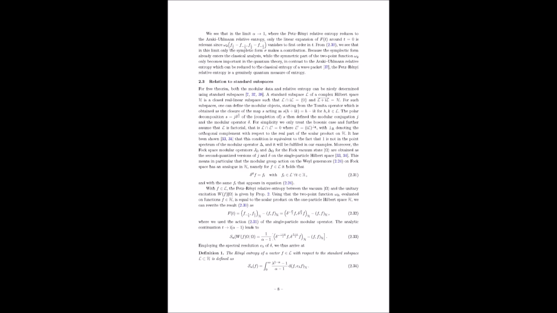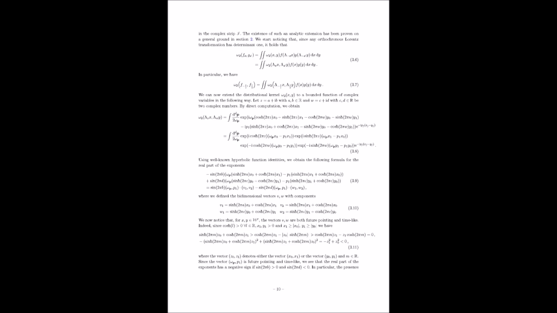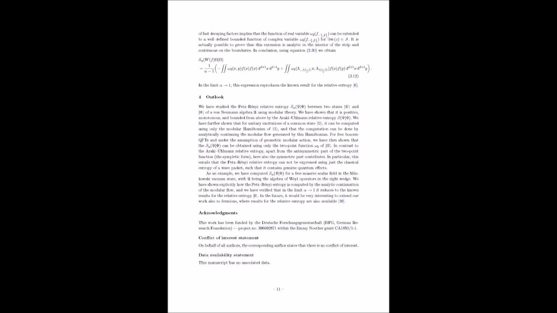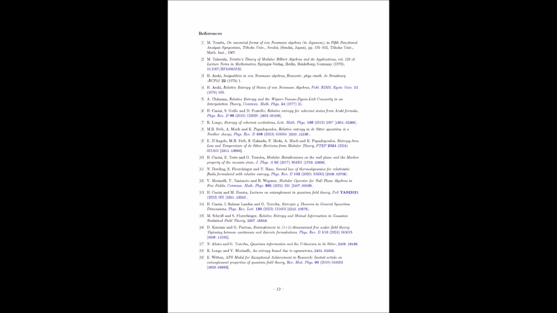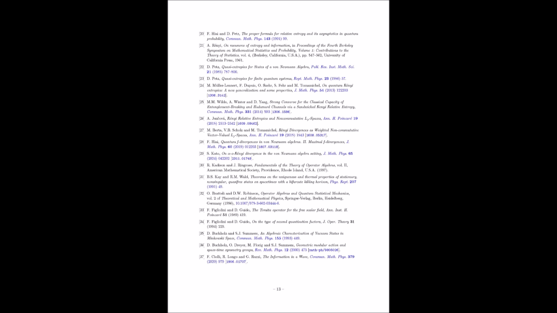Easier calculations, always good. What makes this quasi-free state so special, mathematically? Well, with a quasi-free state, you can define something called a bilinear form. It's denoted by O2, and it captures the correlations between the particles in the system. So it shows how those particles, the ones constantly being created and destroyed, relate to each other. Precisely. And this bilinear form is closely connected to the two-point function of the theory. The two-point function, a fundamental concept in quantum field theory. It tells you how the field at one point in space-time influences the field at another point. It's amazing how all these different parts of the theory are so connected. They are. Where do they take this next?